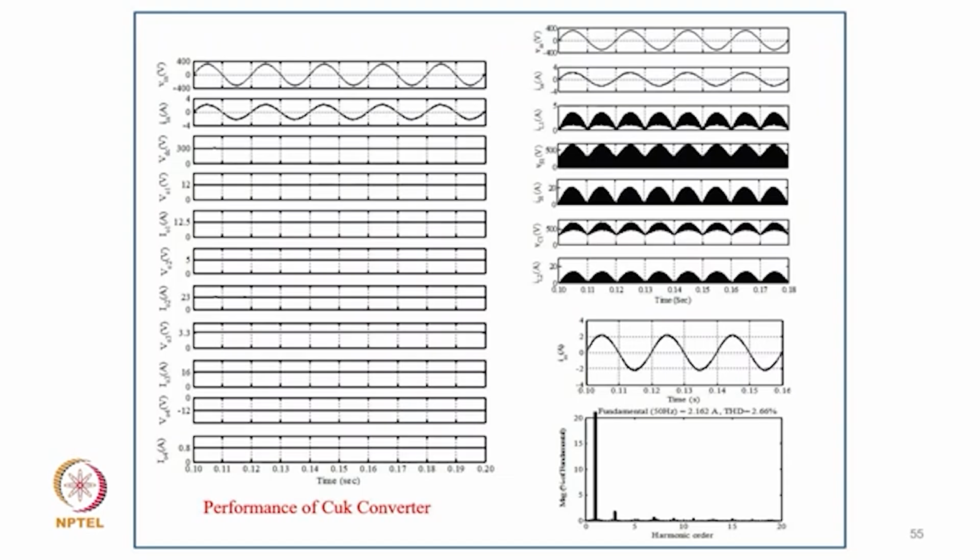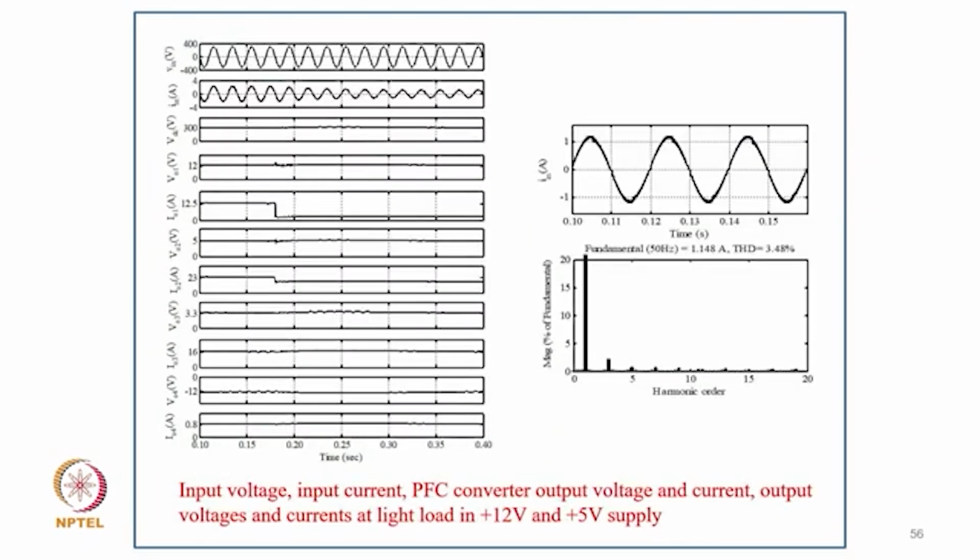This is the performance of the Cuk converter for the same operating condition. Here also the THD obtained is only 2.66%, and in the design of the input Cuk converter you can see that the output inductor current is discontinuous, but the energy transfer capacitor current is continuous, as well as the input inductor current. That proves the design, as you get inherent power factor correction in the waveform without much problem. Even under light load condition the THD is only 3.48%.